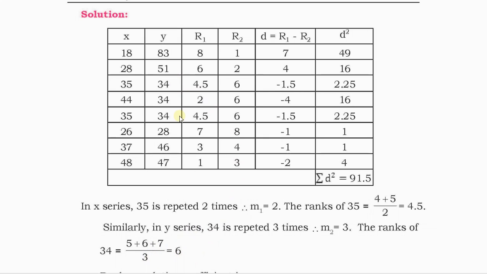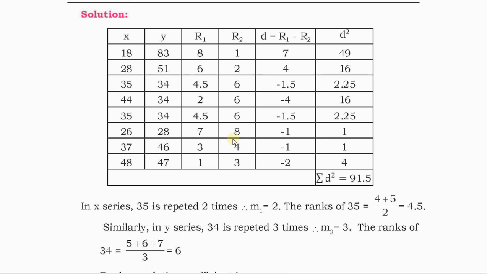Hence we assign 6 in common to all the three spots here. Okay. So next is 8th rank. So we give that to the next lowest value, that is 28 is the lowest value here. Hence we give the 8th rank here. Okay. So this is how we assign ranks in case of repetition of the values in the given data.